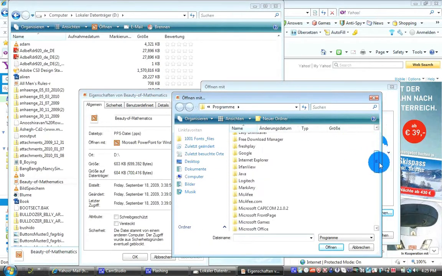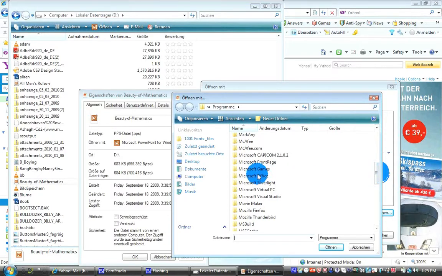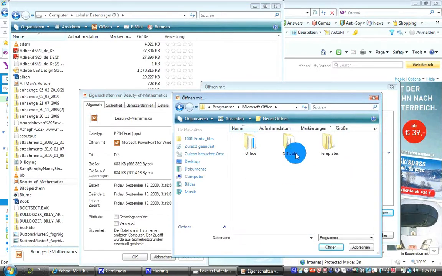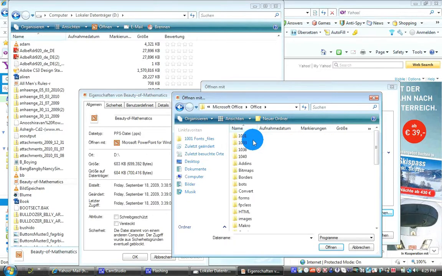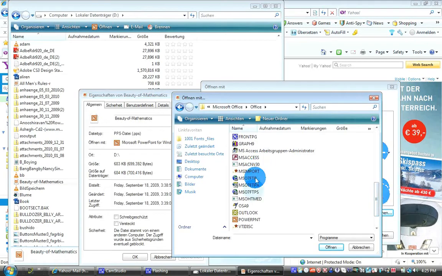Microsoft Office, here it is. Typically Office 12 is the name of a new version, the Office 2007. So you need only Office 2000. You just select Office, then in this case we select Microsoft PowerPoint.